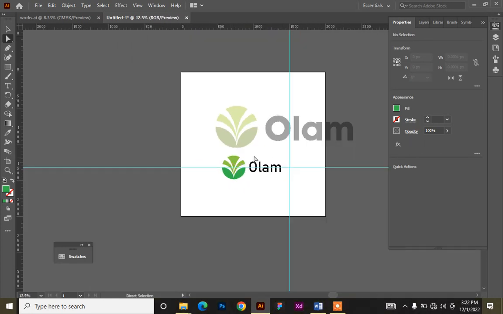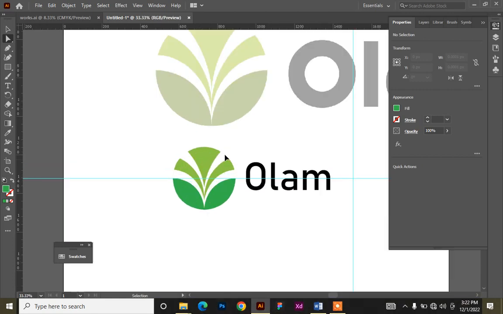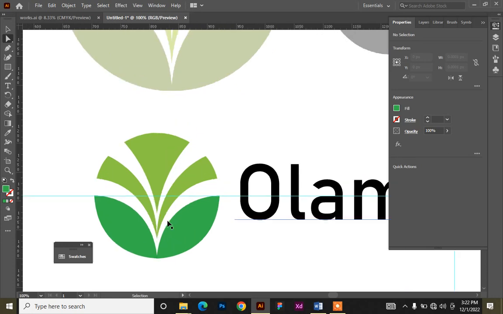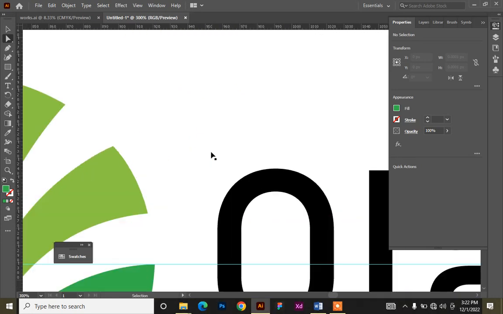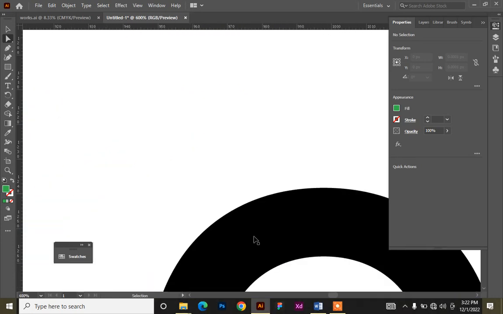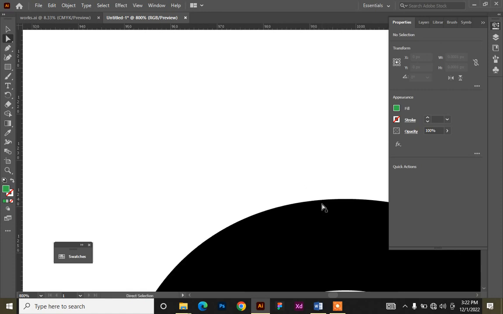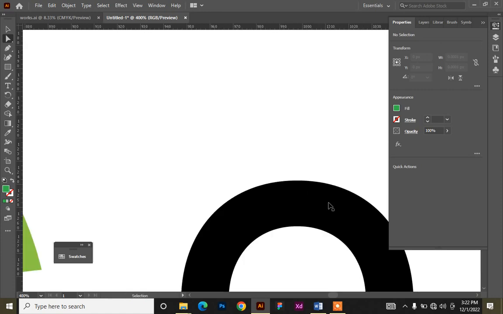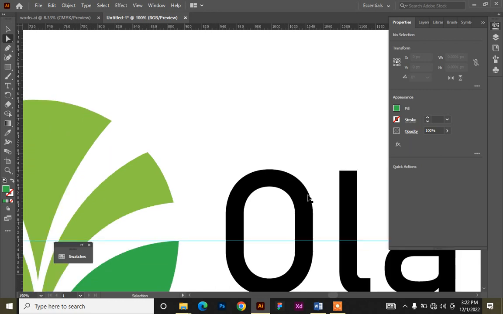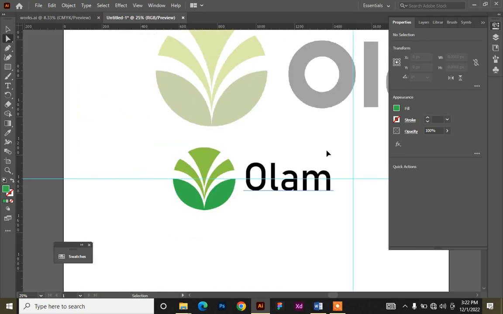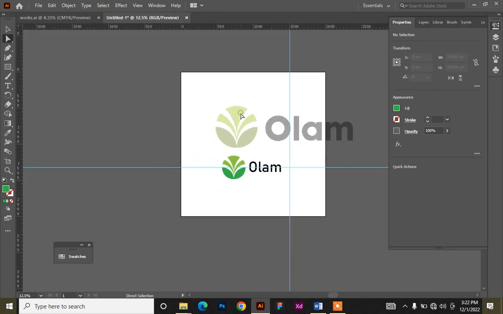And let me show you what we mean by vector, like we said earlier. So no matter how you zoom, this shape is not going to get pixelated. It will still look sharp. You can see it's still looking sharp. If it was Photoshop, as we continue to zoom in, it would start getting blurry. So that is one way